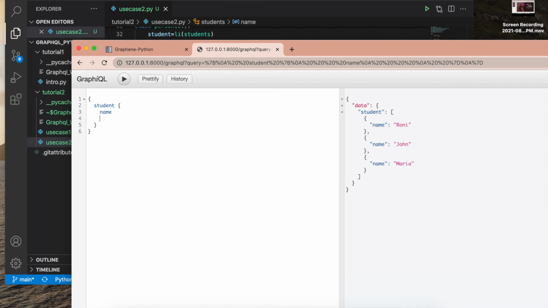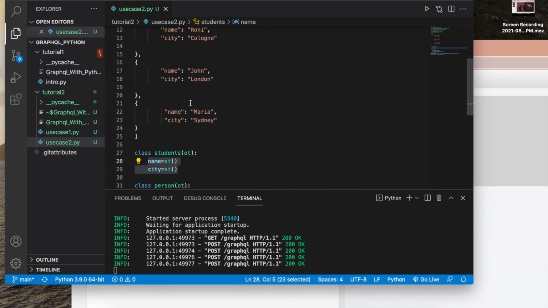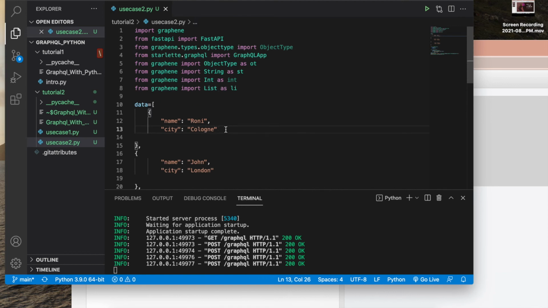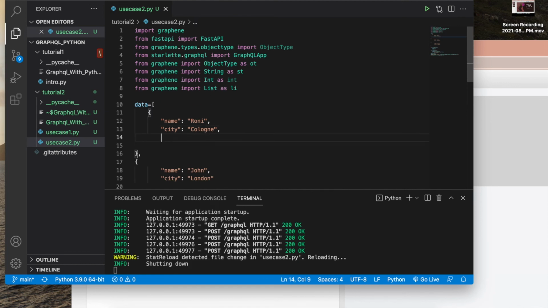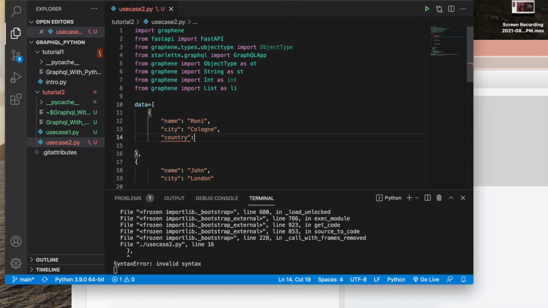If I remove name and just write city, see, like this I got city. Because I'm having reload, if I just add one more thing, let me write maybe country. Okay, maybe India.